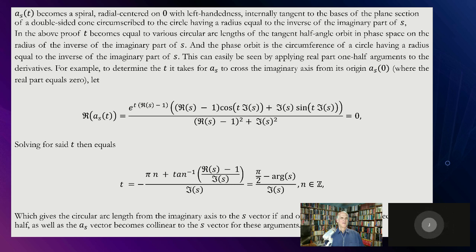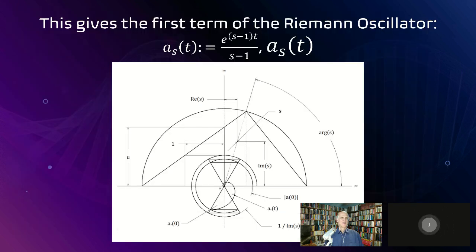Where's t on this? If you take that spiral, let me go back to this. As I understand, t is usually a parameter that describes this. You're not showing the spiral that you generate. Well, that spiral is dependent on t, but so is A sub s of t. Well, yeah, anything depending on t is going to change with t. The t are the circular segments of this circle.